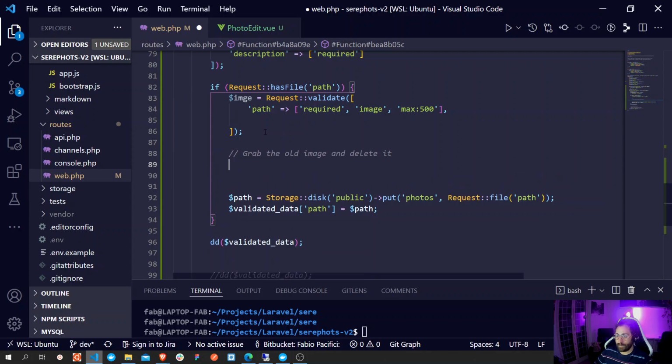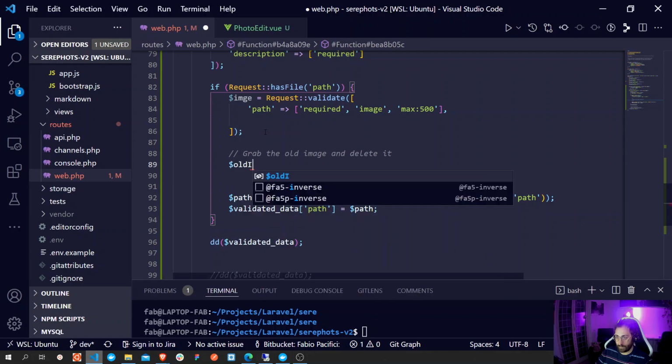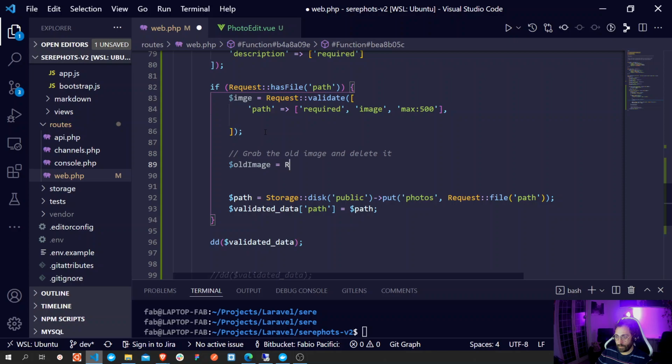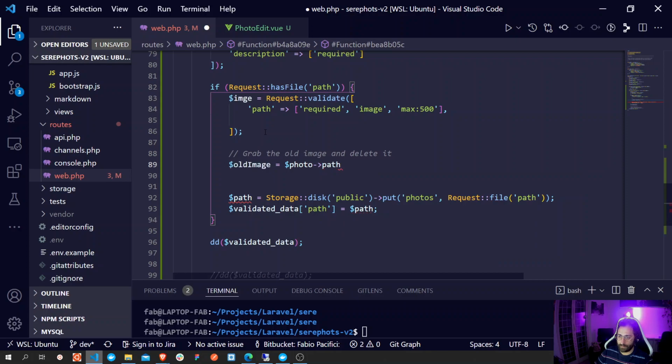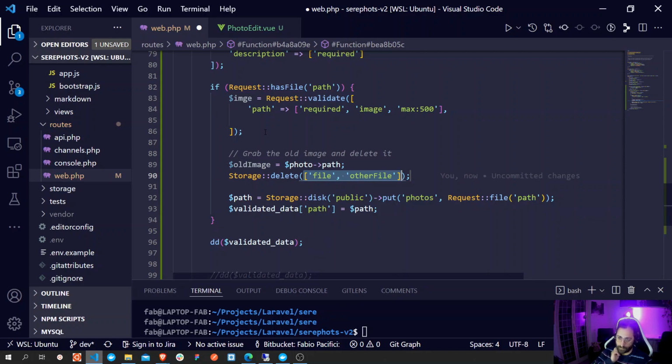So we grab the old image. So let's do just old image. And we do request, I don't know, I mean, photo. It's gonna be photo, and then they request the path. So the old images should be in here, and probably we can do like storage delete, yeah, and then just the path that we saved before. So old image,